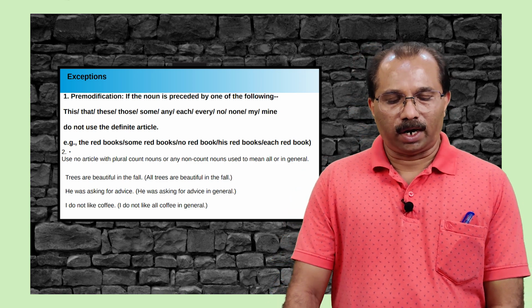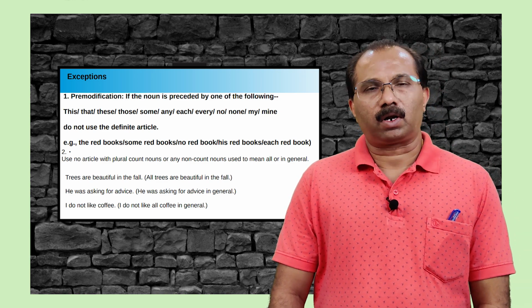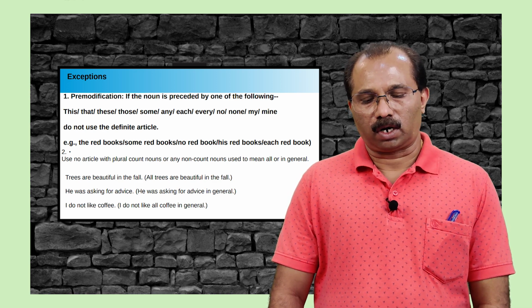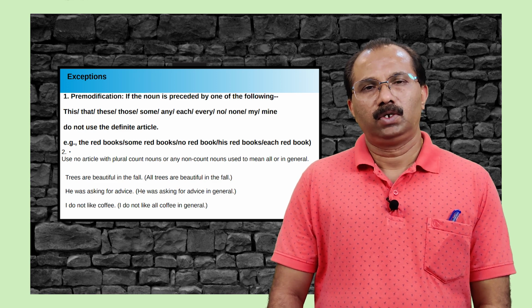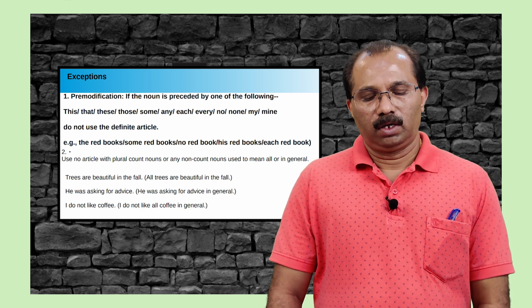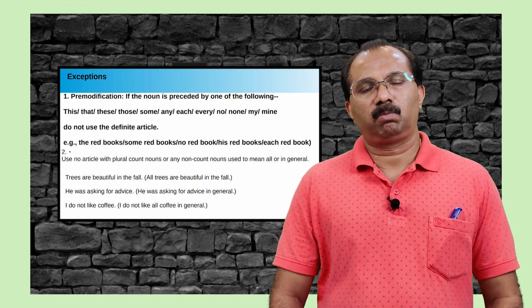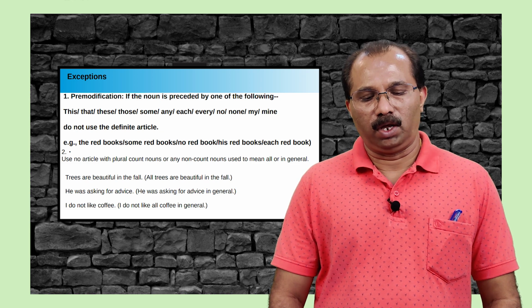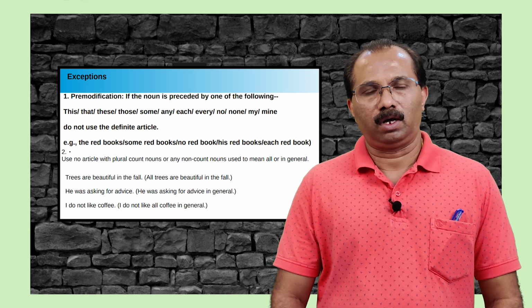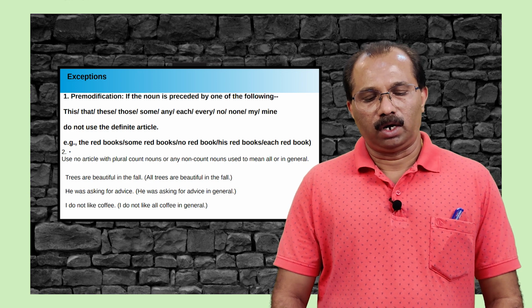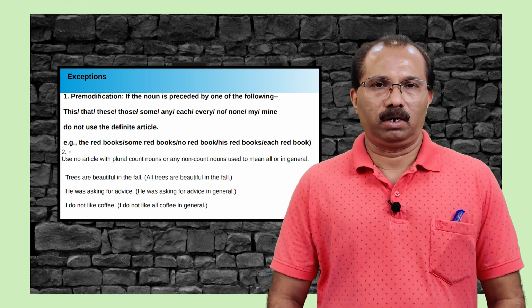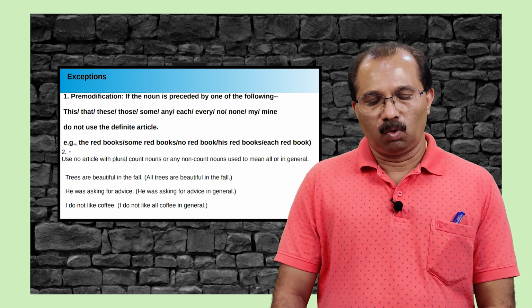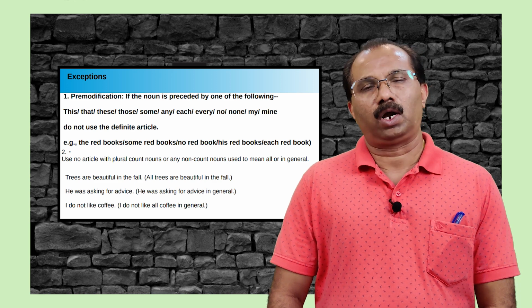Example: the read books, some read books, no read books, his read books, each read book. See, in these examples, the noun book is preceded by these words: some, any, or no, none, etc. There we do not use any definite article. Then another area is we do not use an article with plural count nouns or any non-count nouns